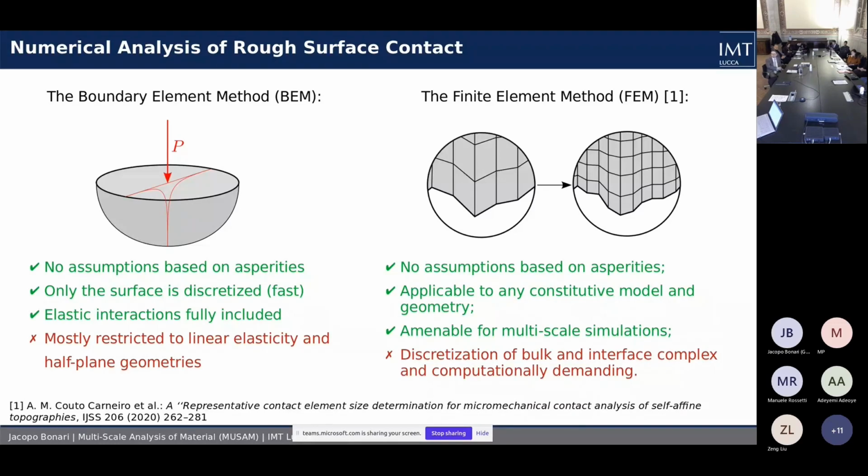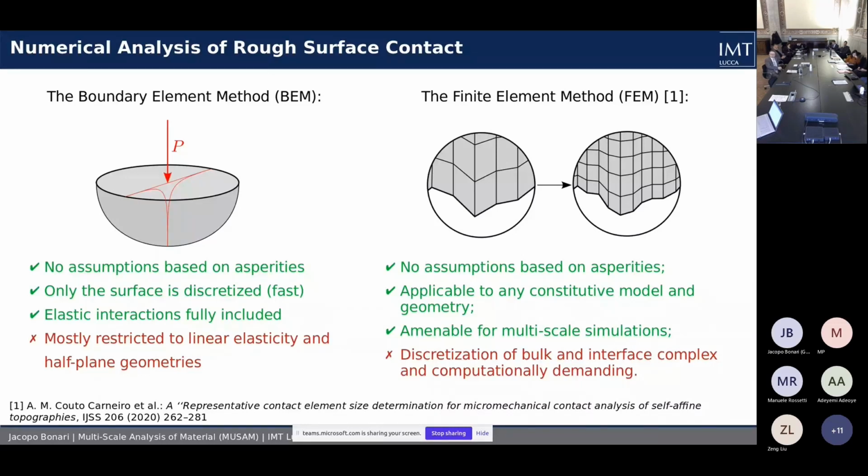because if we have to take into account very fine geometrical features, the complexity of our model is affected in such a way that if we want a very geometrically accurate model, the computational costs become very, very high. For these reasons, we decided to define a simplified method, which is based on the finite element method,